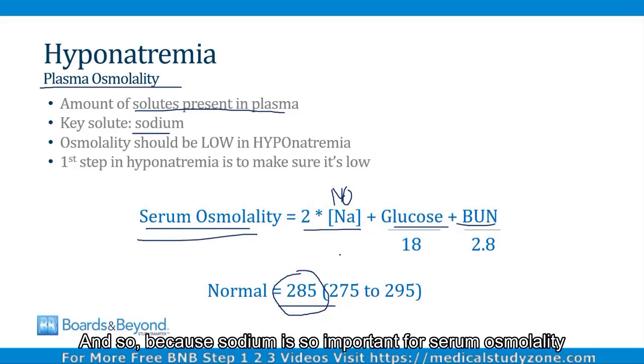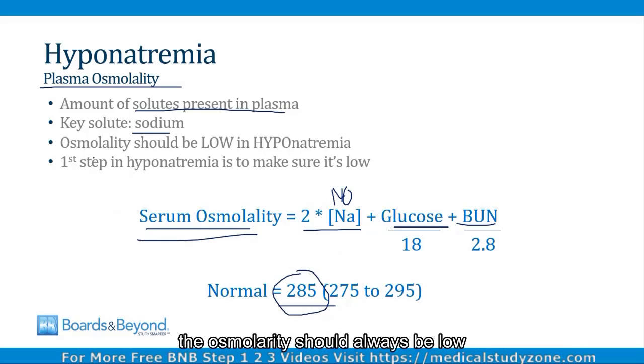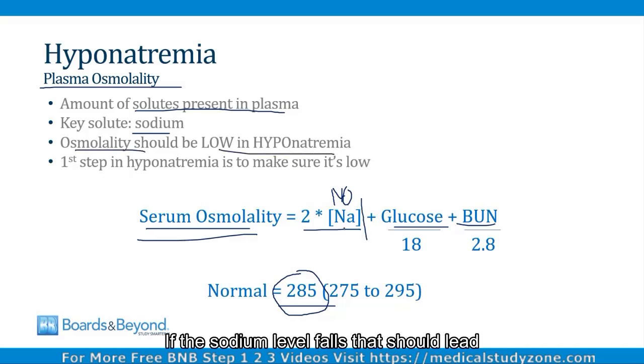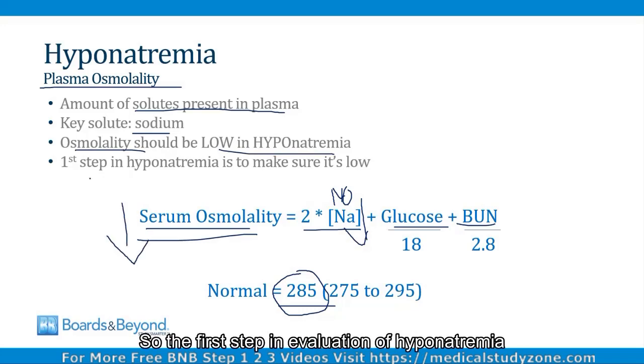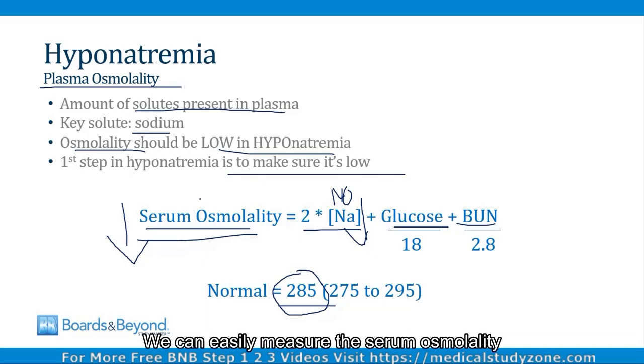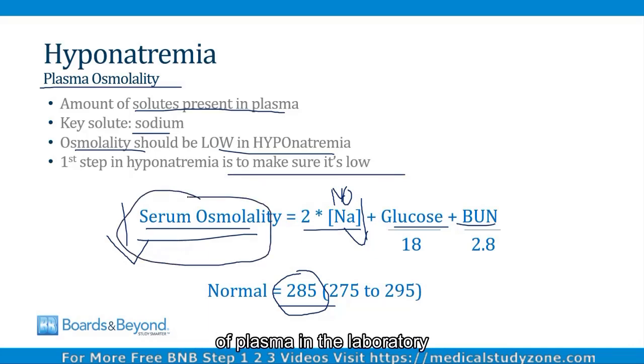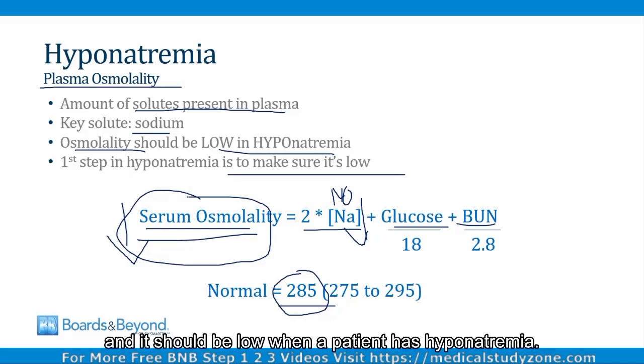And so because sodium is so important for serum osmolality, the osmolality should always be low anytime you have hyponatremia. If the sodium level falls, that should lead to a fall in serum osmolality. So the first step in evaluation of hyponatremia of unknown cause is to make sure the serum osmolality is low. We can easily measure the serum osmolality of plasma in the laboratory, and it should be low when a patient